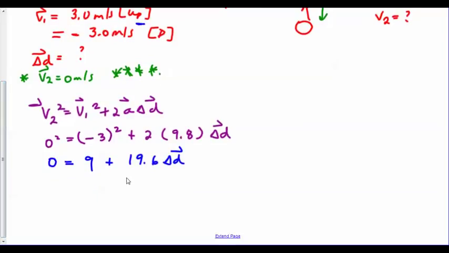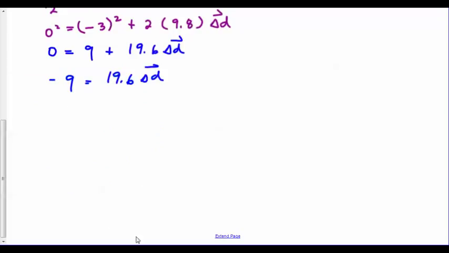I wrote this in blue. As I said before, you don't have to write them out. These are just the steps. I'm going to have to bring my 9 over to the left-hand side by subtracting. Solving for delta d, the next thing I'm going to do is divide both sides by 19.6. So punch it in your calculator, -9 divided by 19.6. So I got something like